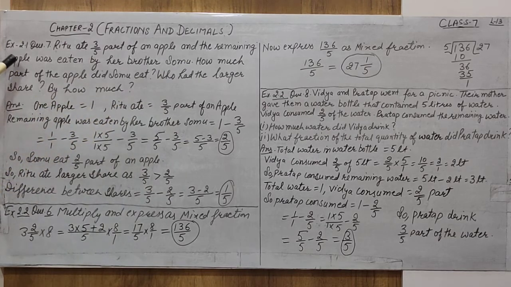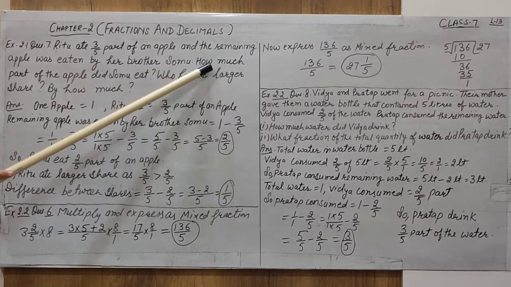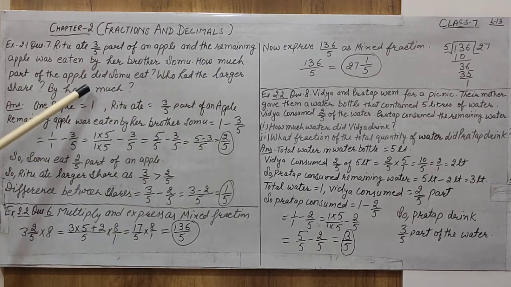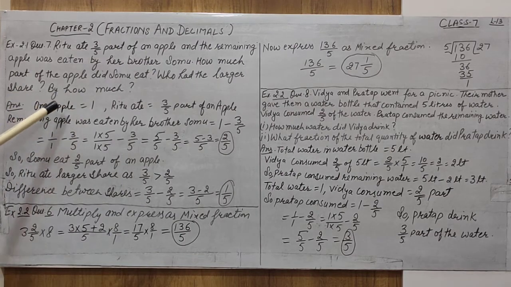Alright, now how much part is remaining which is eaten by Somu? How much part of the apple did Somu eat? फिर सोमू ने कितना खाया? अब अगर हमने वन एप्पल को कंप्लीट को 1 सपोज नहीं किया, 1 कंसीडर नहीं किया, देन हाउ कैन वी कैन फाइंड आउट द रिमेनिंग पार्ट? ऑलराइट, सो कोई भी चीज आपको दियो, होल पार्ट को आप 1 कंसीडर करेंगे.